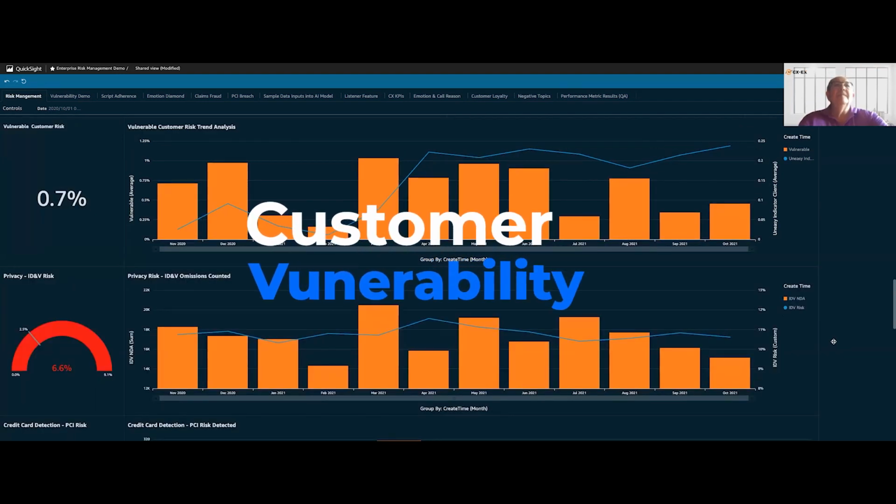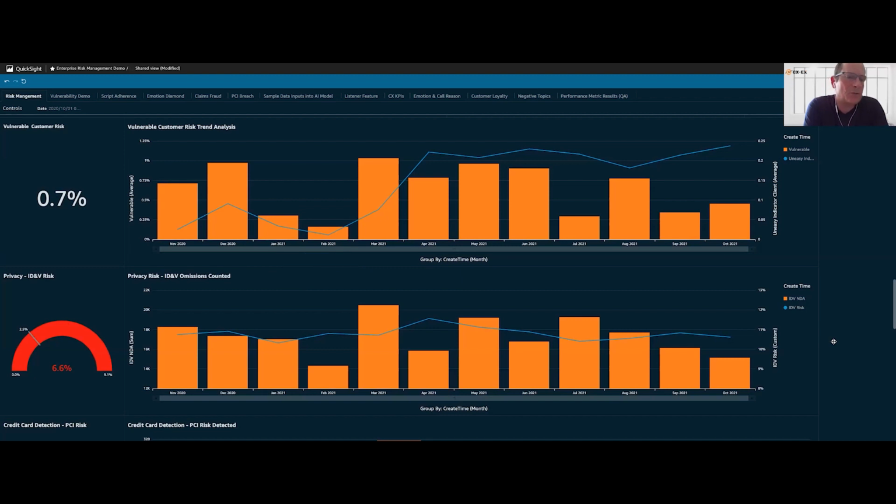Customer vulnerability is one of the key aspects looked at by regulators and governments. What CXCX has done is taken the definitions of customer vulnerability and used those definitions to tag calls for our supervised machine learning approach. In this example, one can see the vulnerable customer risk at 0.7%. And what this allows the institution to do is to take that less than 1% of calls, dedupe those against